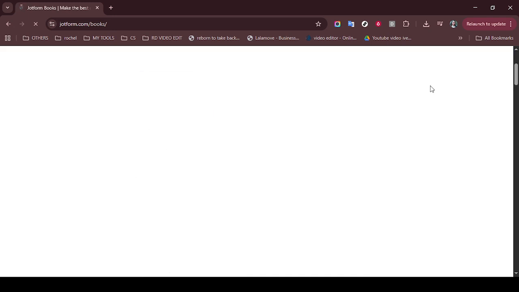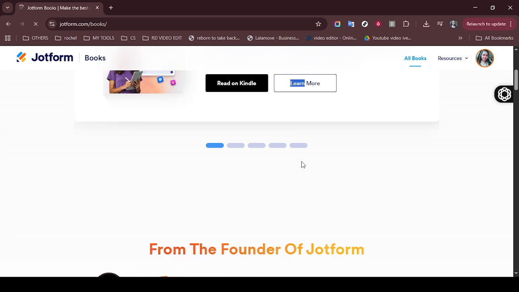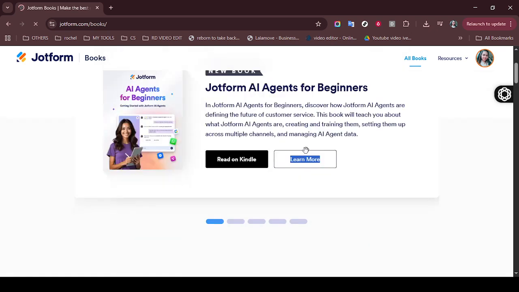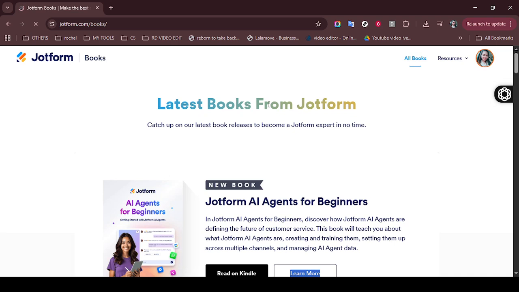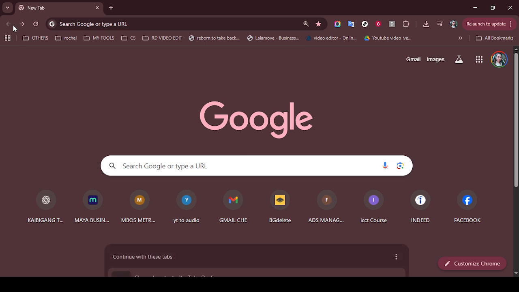This step ensures that all the changes you've made, including the sales tax configuration, are properly recorded and applied to your form. And there you have it. With these simple steps, you've successfully added sales tax automation to your Jotform setup. This will simplify the process for both you and your customers, streamlining billing and keeping everything transparent and efficient. Be sure to review your form and test it out to confirm that all settings